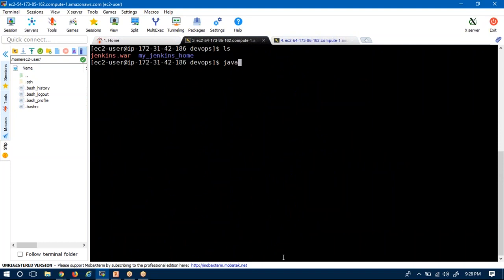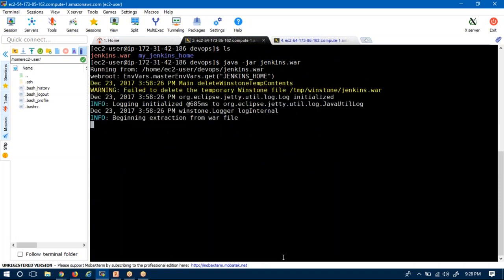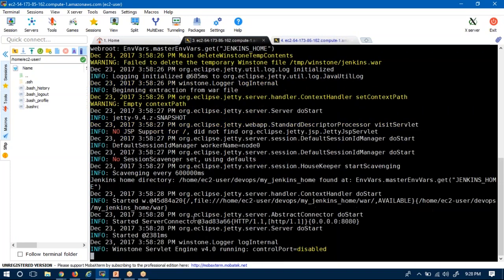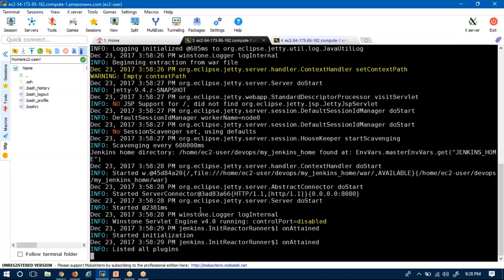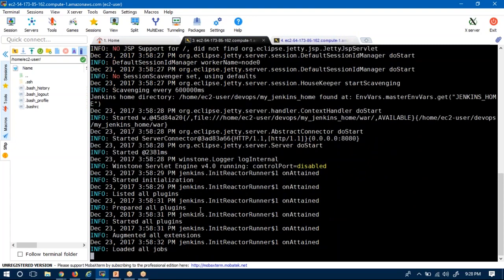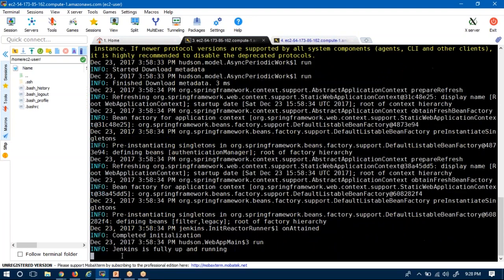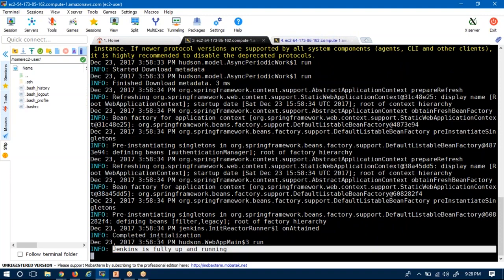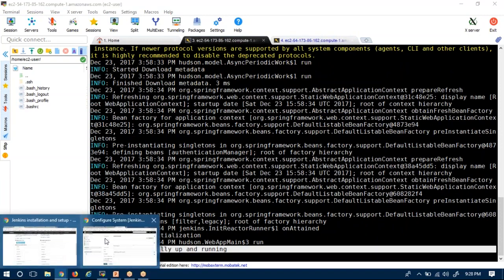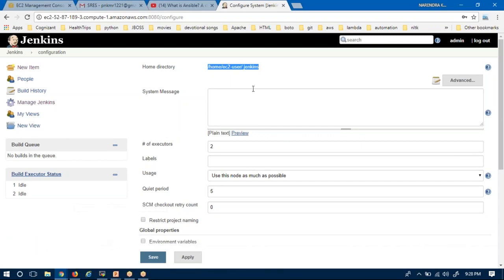To start your Jenkins, run java -jar jenkins.war. Now let me see whether it is up and running. Once we get confirmation from here, yes, Jenkins is fully up and running. Now if you open the user interface, which was already opened previously, I want to refresh that.